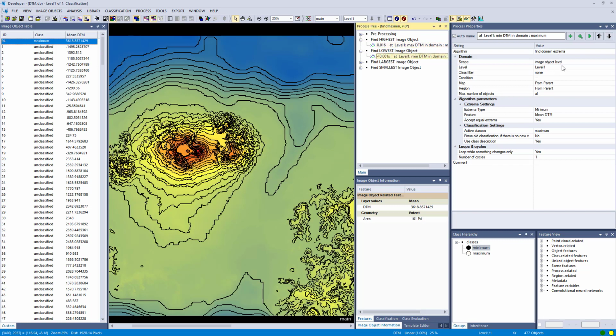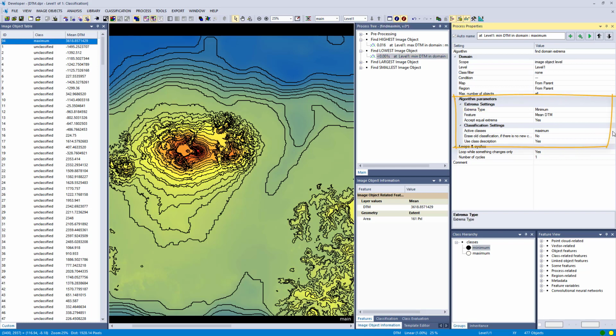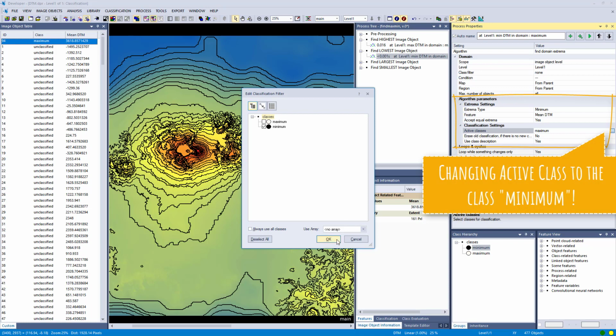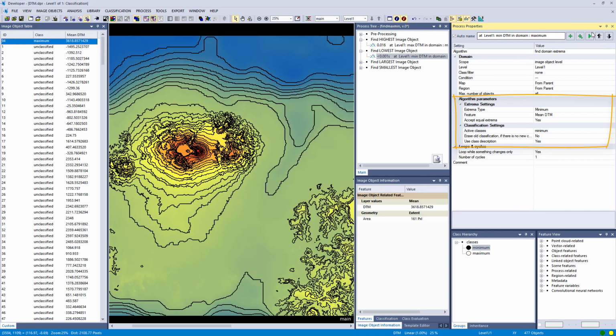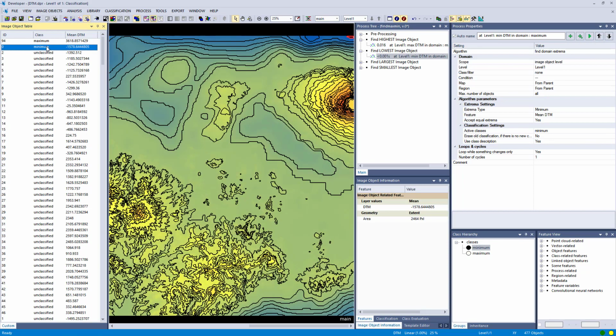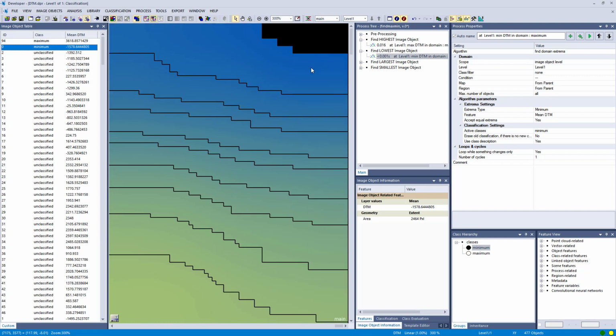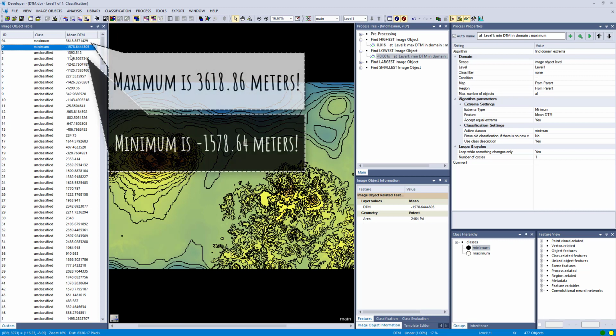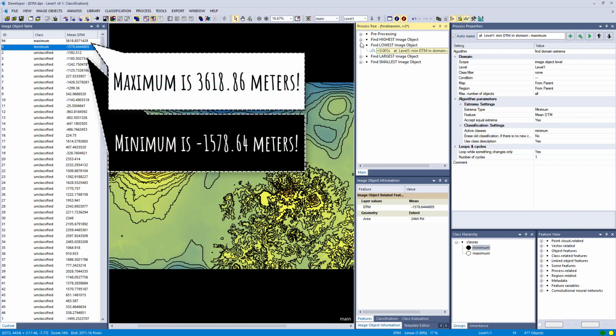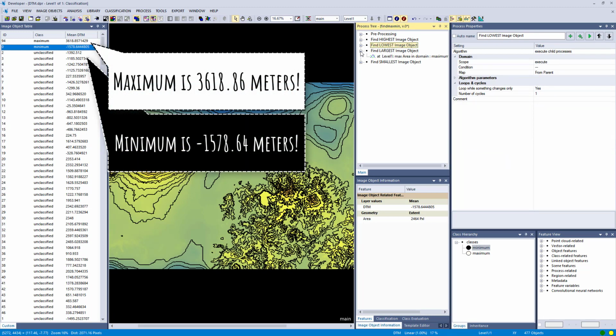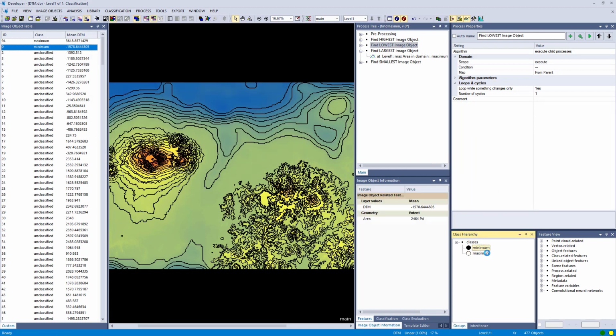Okay, so the next one is Find Domain Extrema as well. And here we're simply gonna go for the minimum. So we have both the minimum, maximum, and we're gonna put it into that class minimum, this image object. So minimum is black, maximum is white. And now it also appears here in the image object table, and it's right at the top right border of my image. And that's how you can use this to get the highest and the lowest image object in your